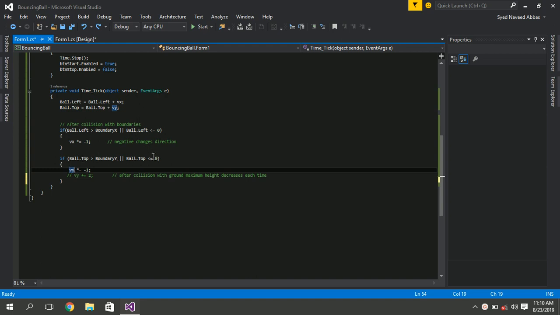Now, I am going to add gravity and damping effect along the y-axis.